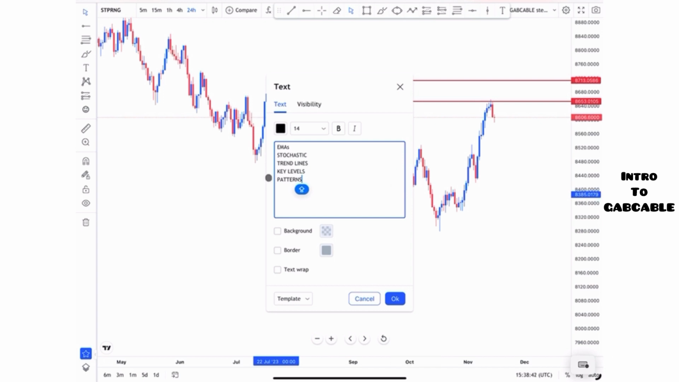Okay. So what this does is this. These EMAs, I use them to confirm my trend. Let me put here EMAs for trend confirmation, then stochastic for overbought and oversold. For overbought and oversold areas in the market, trend lines